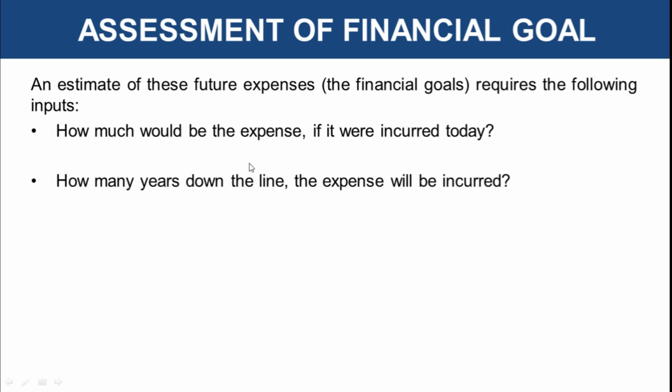Then you need to know how many years down the line the expense will be incurred. Okay, so the present value is this much, but you want to achieve that financial goal after a certain period of time because you want to invest and you know that for your investment to grow at a certain profit percentage, it would take some time. It would take more than 3 years or between 3 to 5 years, which is generally suggested for equity investments. So you need to plan your finances some years before you achieve that financial goal.